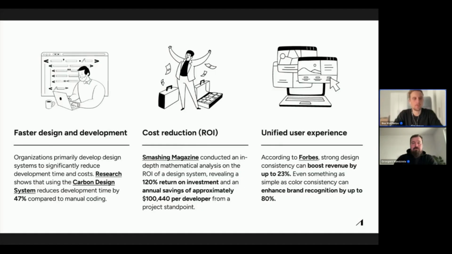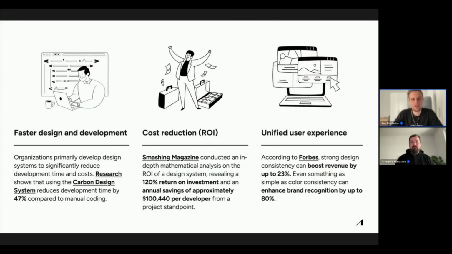So the first reason why most organizations develop a design system is to reduce development time and cost. For example, IBM's design system, called Carbon Design System, helped a company reduce development time by 47% in comparison with manual coding. They did some research and tried to compare how much time it would take to implement the same layout using the design system versus doing it manually. So once you spend less time on development, definitely it will result in